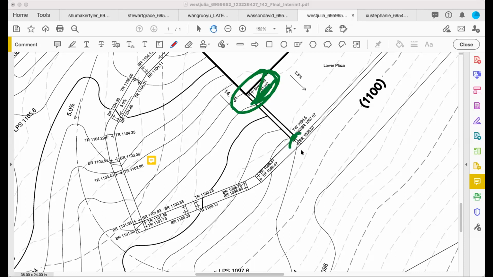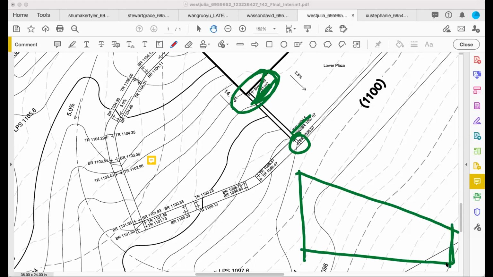So if your B wall here is 1096.97, then you can determine the T wall here based on the height that you want to design it for. Does that make sense? So your wall could take different forms. That one could be 1102,